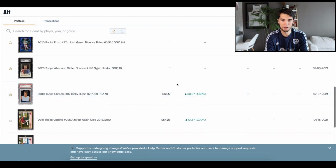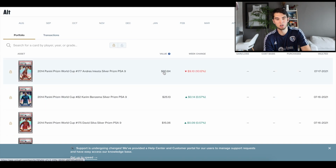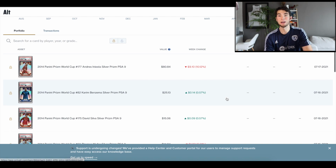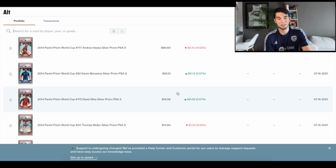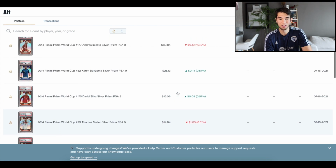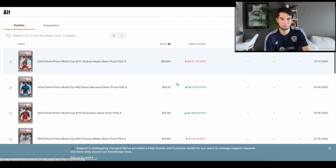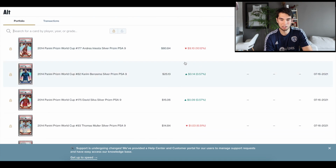They also have, as you can see, one thing, the value. This value right here is Alt value. If my understanding is right, it's some sort of algorithm that they have where they determine the value of it. And let me say this, I promise I'm gonna be honest with Alt right now. It works well on some cards and it does not work well on others. We'll just look off the top here. I'm not expecting them to be soccer experts, but